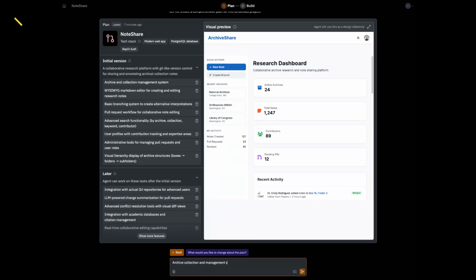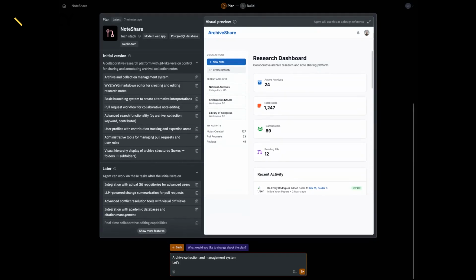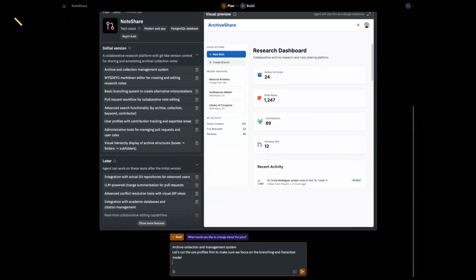Okay, what else? Let's just keep going through it because I'll craft a prompt and we'll ask it to update the plan. It does say it's doing the user profiles thing, although I think you mentioned it might be good to cut that out in the first iteration, which I agree might be a bit too complex to think about right now. Yeah, integration with actual Git repositories for advanced users. I didn't even think about that, but that'd be good to have. If you know how to use Git, you can just directly go in.